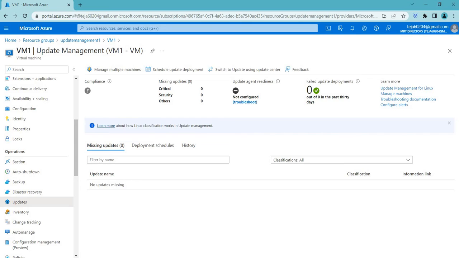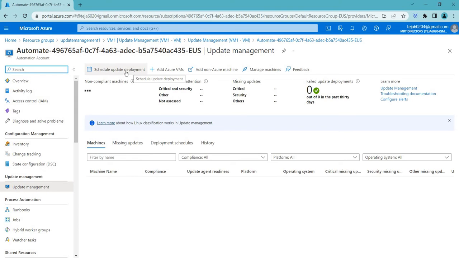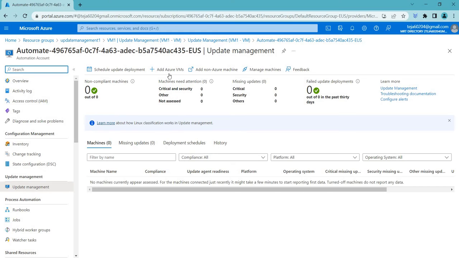Basically, update management in Azure is a cloud-based service that helps you manage and automate the process of updating and patching your virtual machines. It allows you to schedule and deploy updates across multiple systems, ensuring that you're up to date and secure. So you see, you can manage virtual machines here. You can add virtual machines, or you can also add non-Azure machines as well, and you can